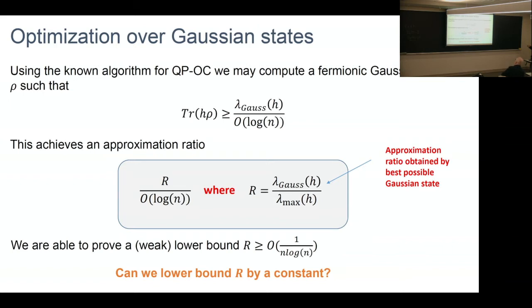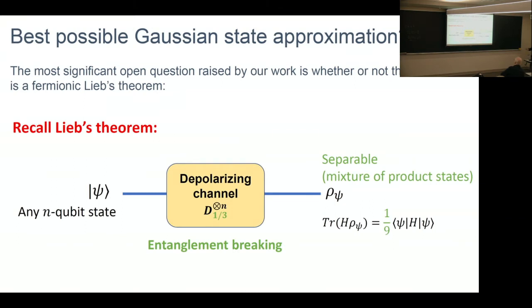And what's missing maybe is some kind of version of this. Remember, we had this Lieb's theorem that has this very simple proof where you add noise to some state and you get a separable state that has energy 1 not the one we started with. This was this very simple argument. We don't have that argument in the Fermionic case. And maybe understanding fermionic analogs of entanglement breaking and whether or not this argument can be made in the Fermionic case is kind of an interesting question.